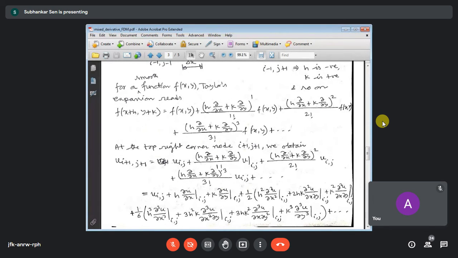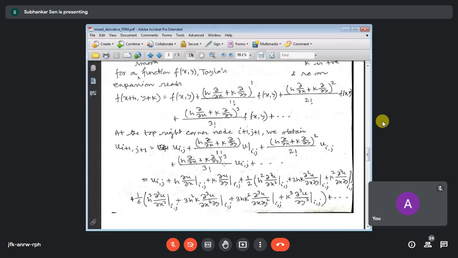Then we are getting the second derivative. So here the second power. This is the expansion formula, this third part. So now we are expanding this thing. Here you will see that it is h del del x operating on u. So h del u del x at point ij. Same for the k. Similarly, this term, when you are expanding, be careful that it is not like del del x of whole square. So it gives you del 2 del x2. This difference you should note.